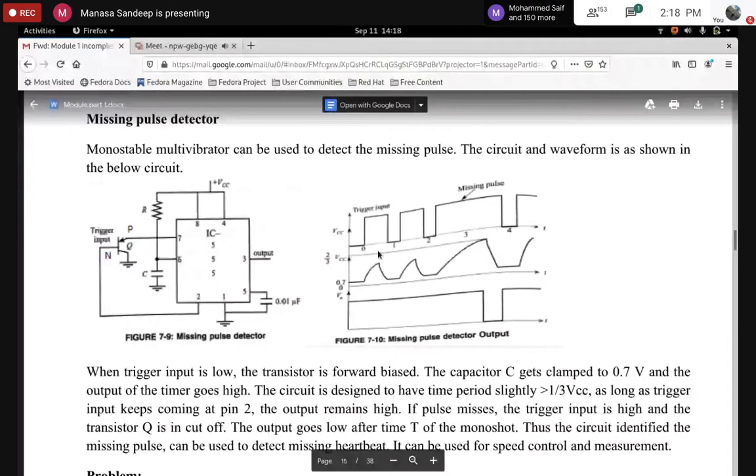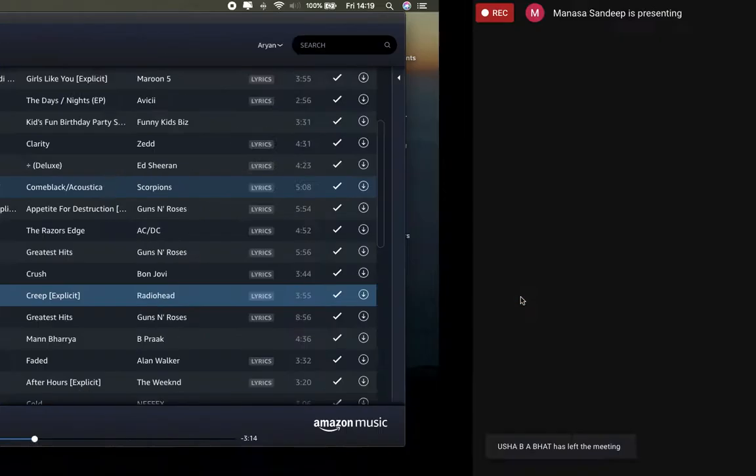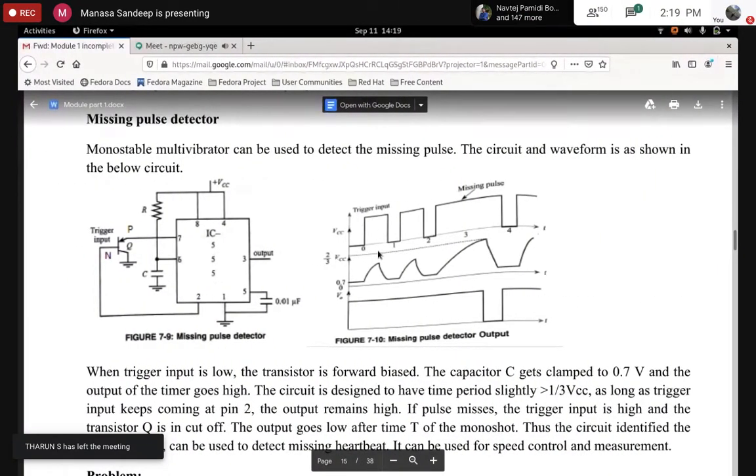This pulse is a trigger, and it is expected at some intervals, so the time period is fixed. At each of these intervals you are expecting the pulse. Sometimes, due to some noise, you may not get that pulse. That you can automate here. You can automatically detect if a pulse is missed. So how exactly can you detect that?